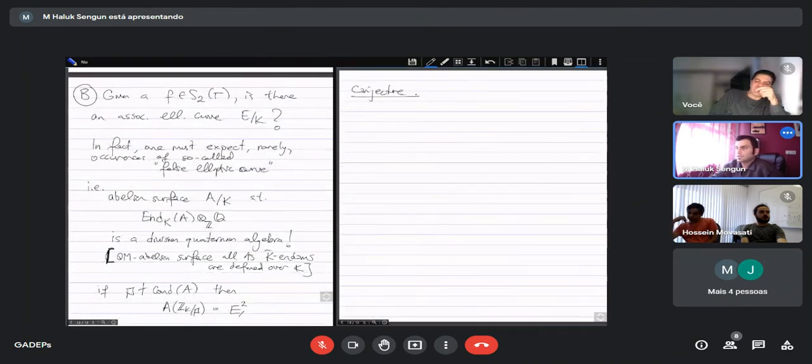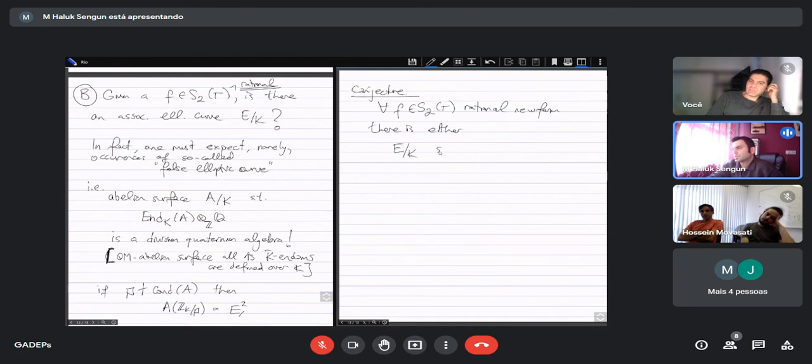And the conjecture then says, I'll finish with this. This is wide open: for every f in S2(Gamma) a rational newform. I forgot to say rational here, apologies. Of course, it has to be rational, otherwise you expect higher dimensional abelian varieties. If f is a rational newform, there is either an elliptic curve such that the L-functions agree in this strong sense that I explained earlier, or there is a false elliptic curve